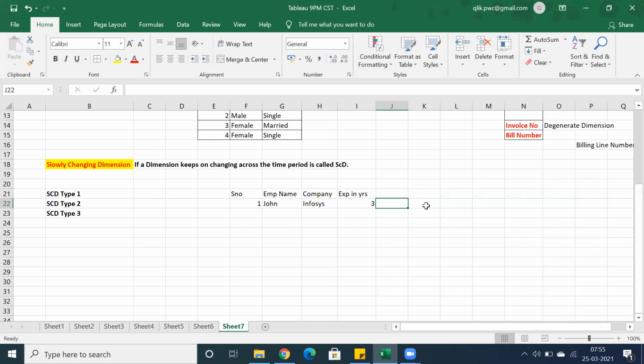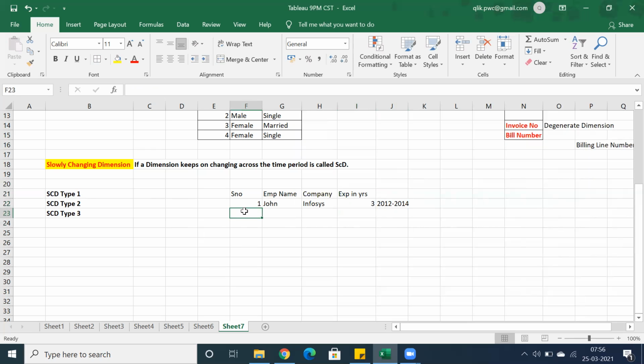To clarify, let's say he worked from 2012 to 2013 and 2014, exactly 3 years: 12, 13, and 14. That's the time period.